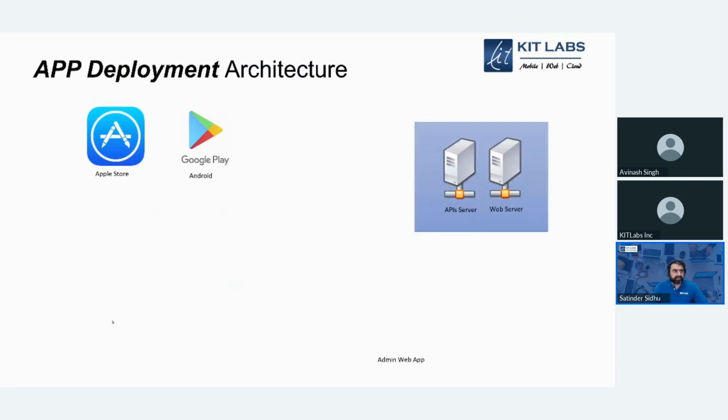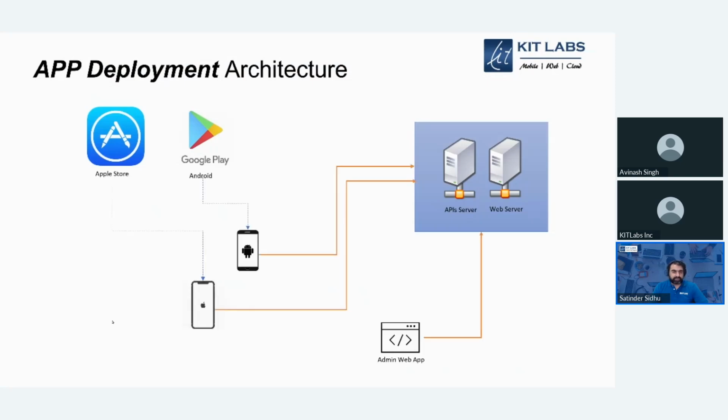And then you need a backend. You need a web server. It could be AWS, GoDaddy, or whatever is your choice for where you want to keep that. This is how mobile users get access, from these stores and the backend. And from the admin web app, you can control and manage your app. You can see how people are interacting with your app and your system.